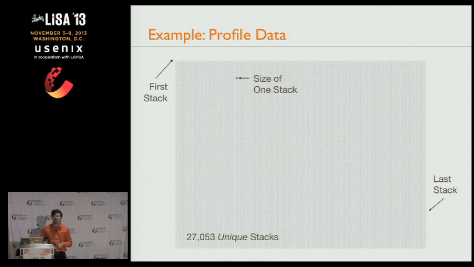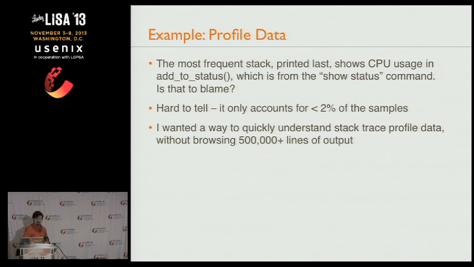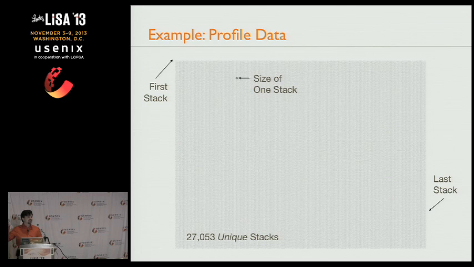This is a real customer issue, and our company was serious about solving it. I had this for our system, and I also had this for our competitor system. So I needed to understand in detail these two giant gray squares and figure out why they differed so that we could fix performance and not lose a very important customer. It looks nice when I talk about creating these visualizations and how excellent they are, but at the time, these are often created under duress. I have a really serious problem I'm trying to solve, and at the time, it wasn't funny when I was looking at this. I was actually pretty annoyed.